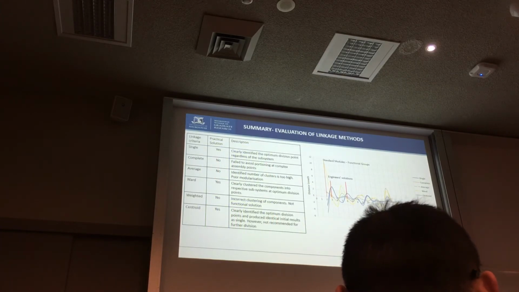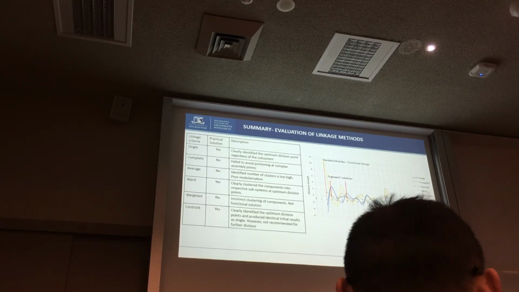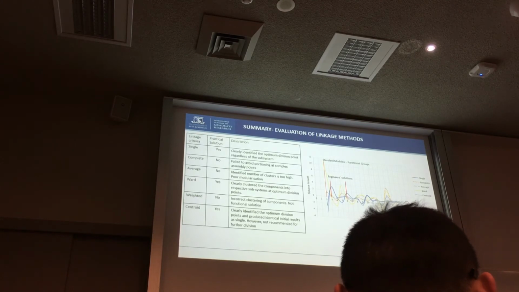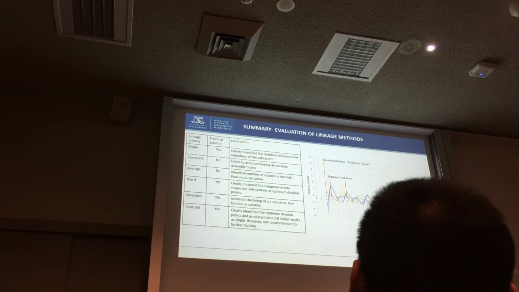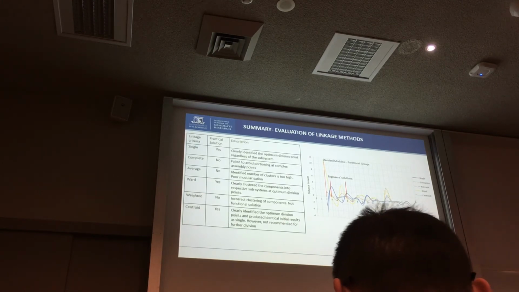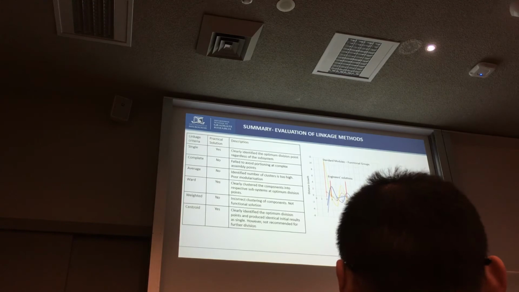The summary of the linkage methods showed that the single linkage criterion was the only method which was able to identify both solutions provided by the engineers of the case study project. The centroid linkage method was able to identify a solution with 3 modules, however it did not produce the second solution. All other linkage methods were unable to identify the solutions provided by the design engineers. However, the ward linkage method showed the ability to identify subsystems within a system, so that it can be used as a standard module identification method for functional groups.